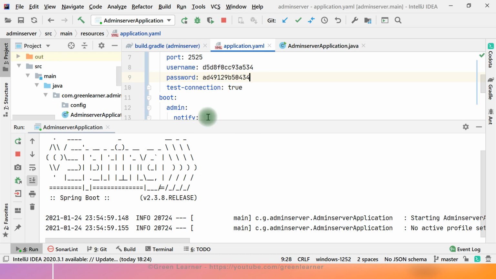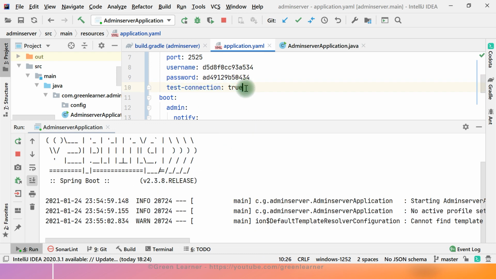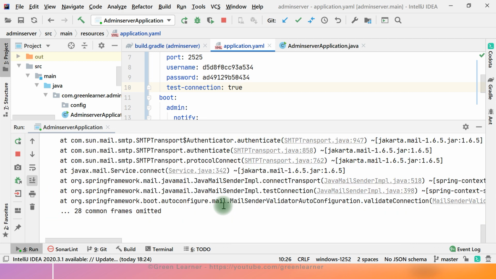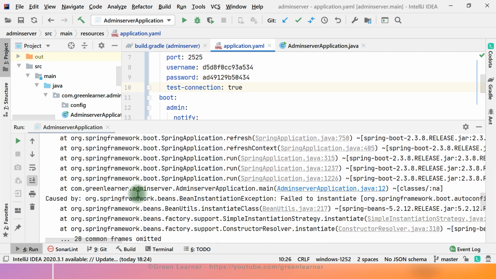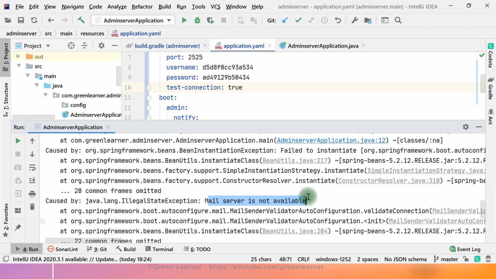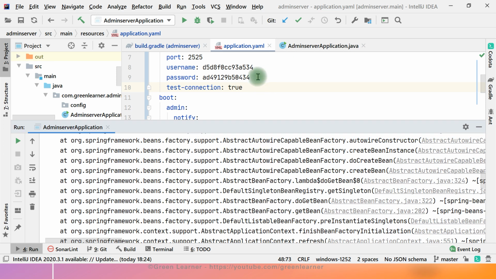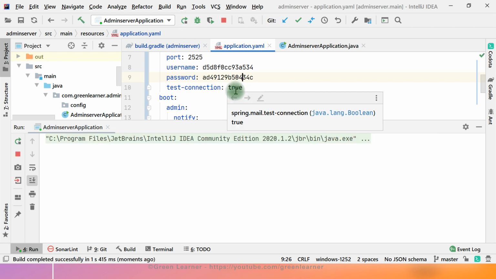It is not able to connect because we have set test connection to true. So let me just demo that part, because this is how you can troubleshoot the problem if you get this one. Yeah, so I just wanted to show, mail server is not available. This is something you will get if there is any issue with the mail configuration.